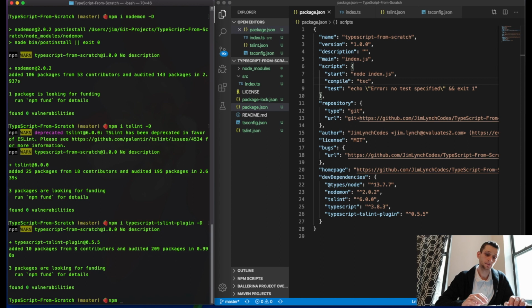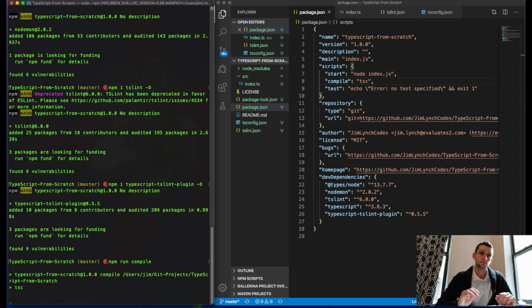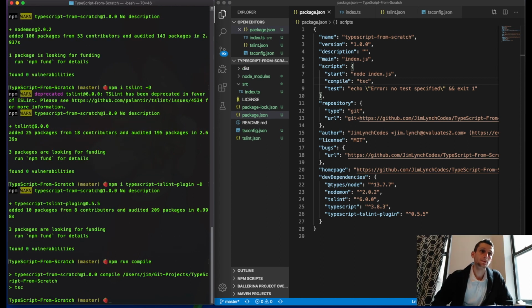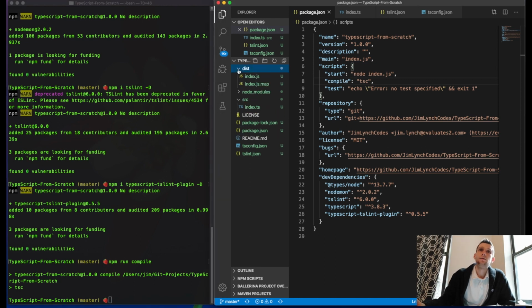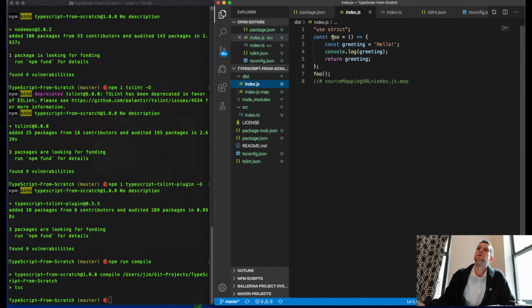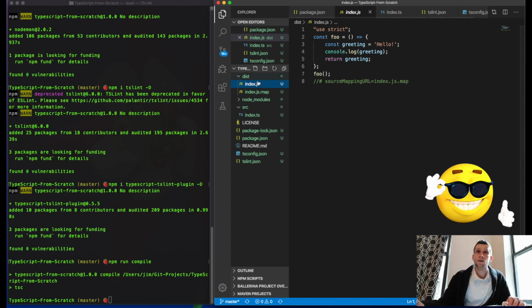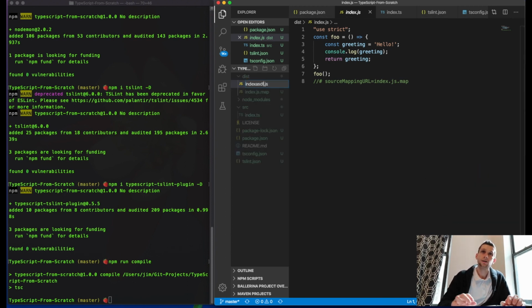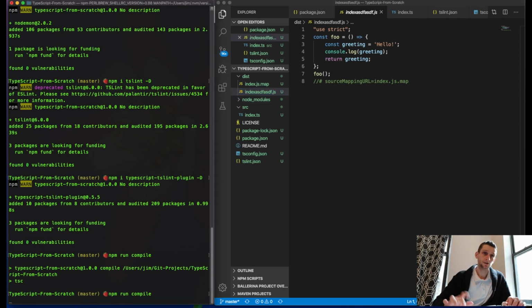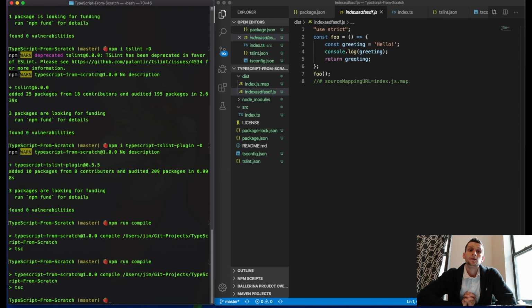And so now, if we run this, you can see it's still a function that's creating this greeting variable, logging it and returning it, and then invoking the function. So that's pretty cool. And notice here, if I just name this something crazy and compile again, notice